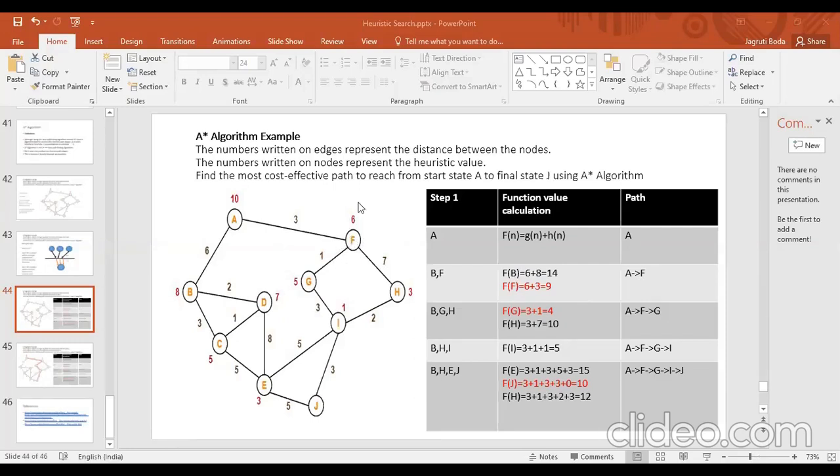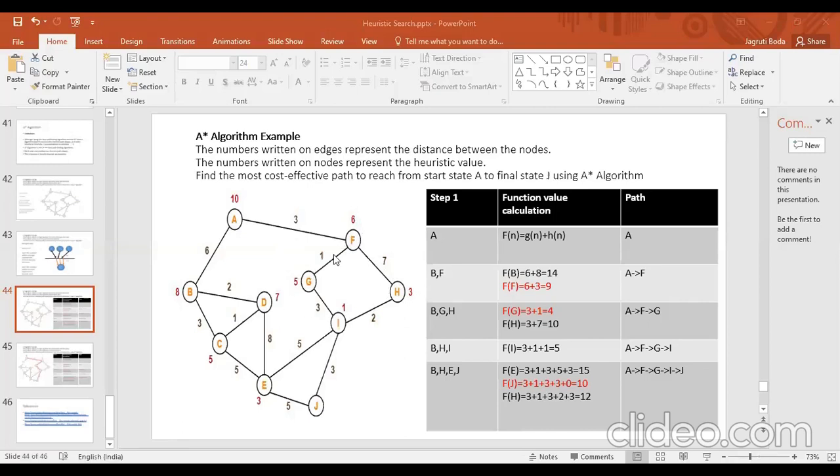F के successor कौन है? G or H? Okay. So I add G and H in the open list. So you clear first column, that is B, G, H. So here I given G and H in the open list and A and F put in the closed list, right? Because already we have explored the path, that is A and F, so that is in closed list. Okay. G and H are in open list.